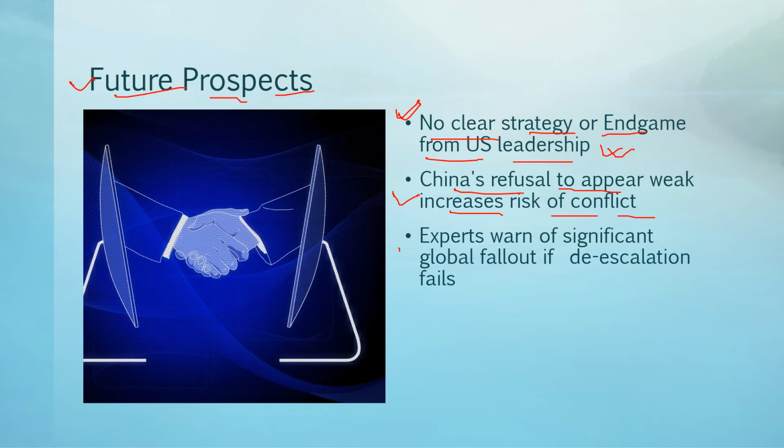सो एक्सपर्ट्स जो हैं, जो जियोपॉलिटिक्स एक्सपर्ट हैं, they are warning that there will be significant global fallout if de-escalation fails. अगर de-escalation फेल होता है तो ग्लोबल फॉलआउट होने वाला है। और बहुत सारी चीज़ें हो सकती हैं अगर ये दोनों दो मेजर पावर हैं ना। आपको समझना है ये दोनों शेयर 43% ऑफ ग्लोबल जीडीपी, तो इनका जो इंटरेस्ट है वो बहुत ज़्यादा लार्ज है। और इंटरेस्ट अगर इनका हैम्पर हो रहा है तो कॉन्फ्लिक्ट कैन चेंज अनदर फॉर्म ऑल्सो, राइट?